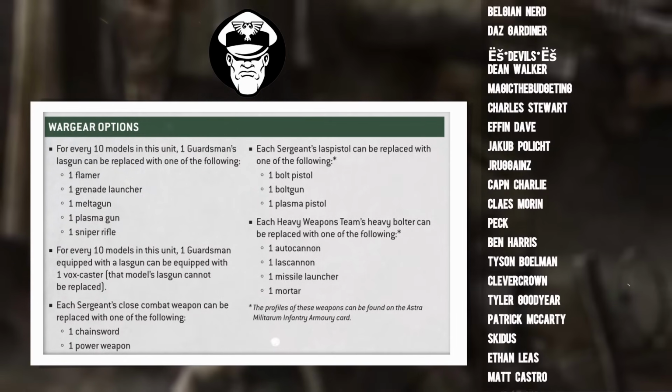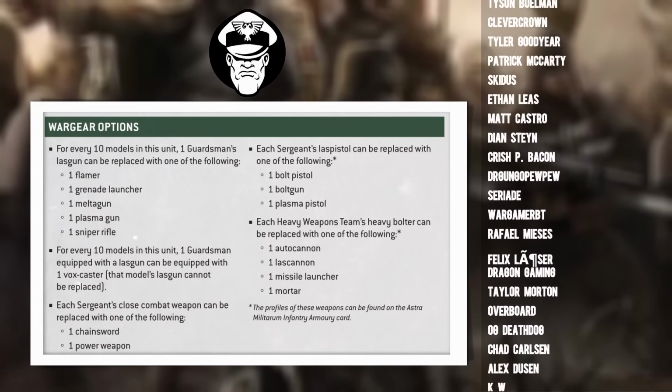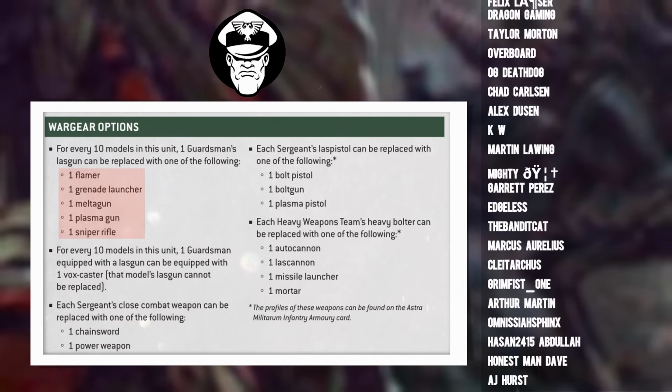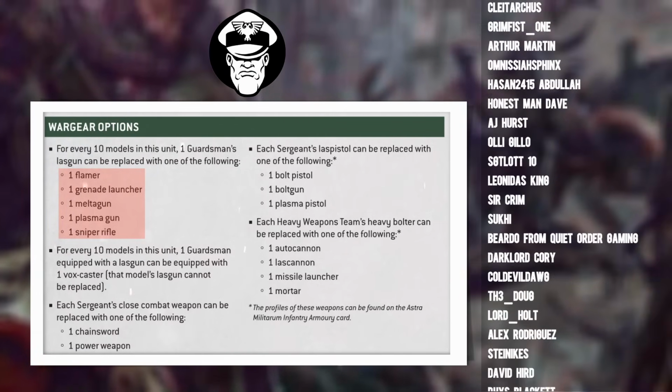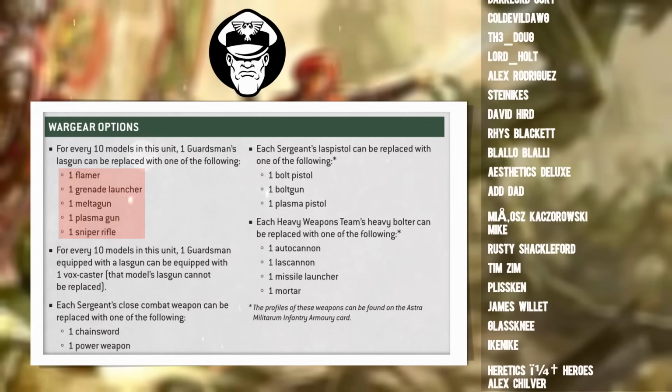In addition to the cool gear that the sergeant can take, one guardsman per 10-man squad could also be given a special weapon. These are very similar to the choices you get in the Cadian squad, except this time you also can take sniper rifles. But you're probably never going to bother. Honestly,